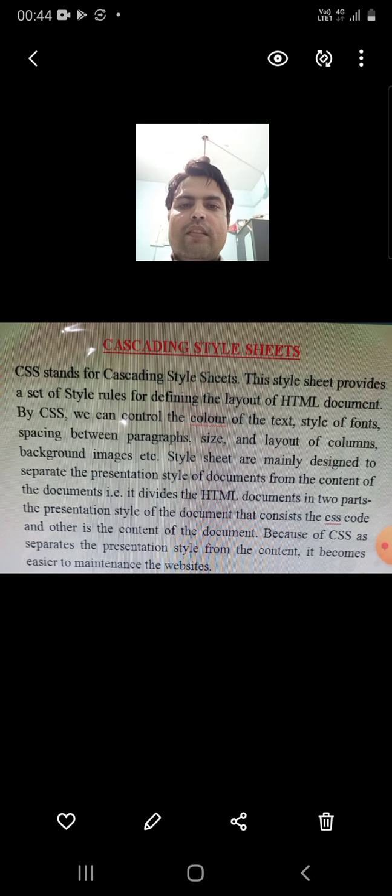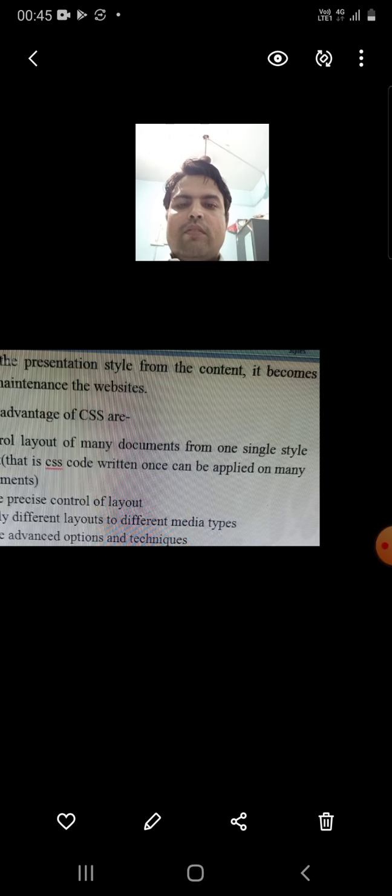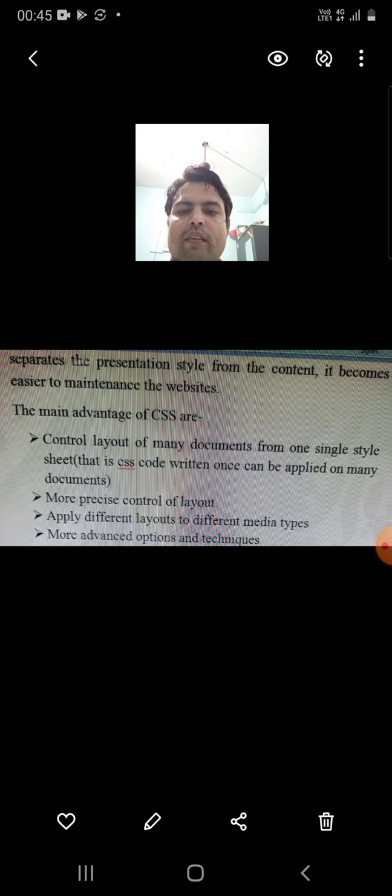Basically, CSS is used to make the layout of the web page better. The main advantages of CSS are: control the layout of many documents from one single style sheet. That is, once the CSS code has been written, it can be applied to many documents.